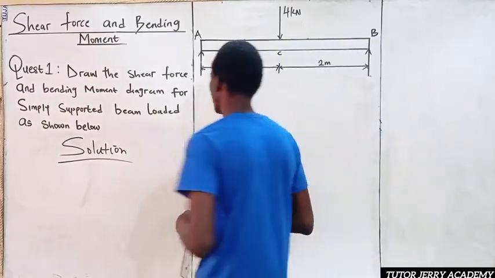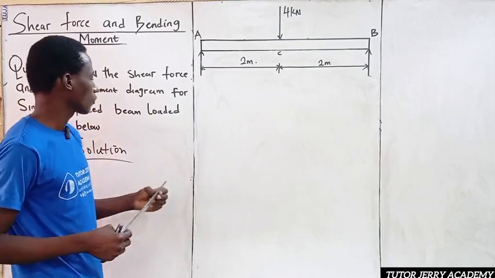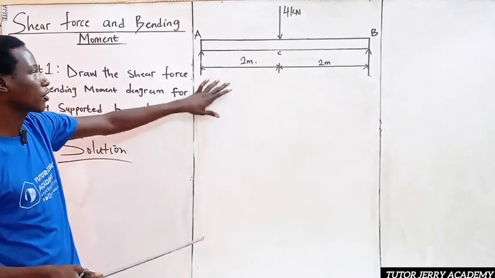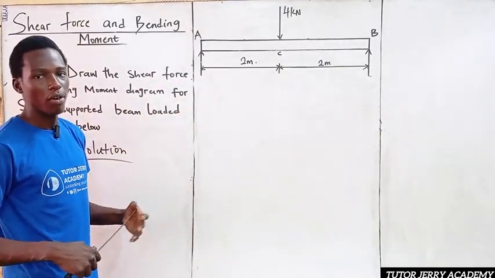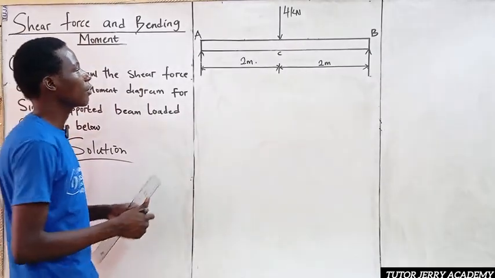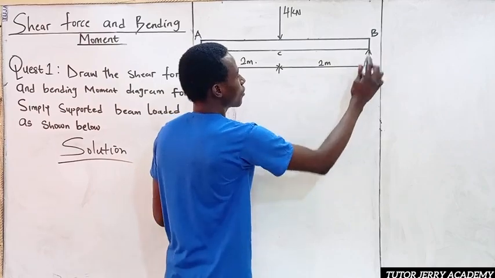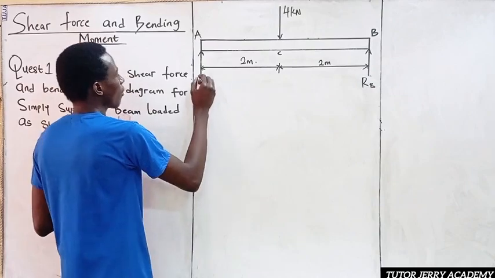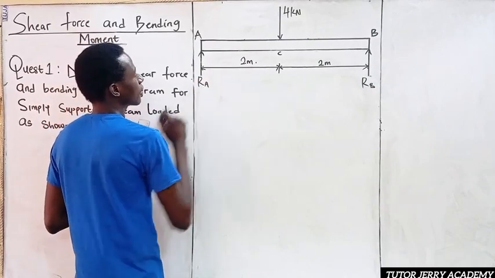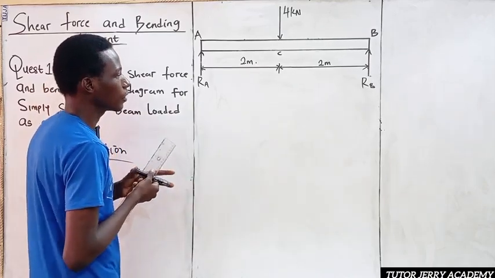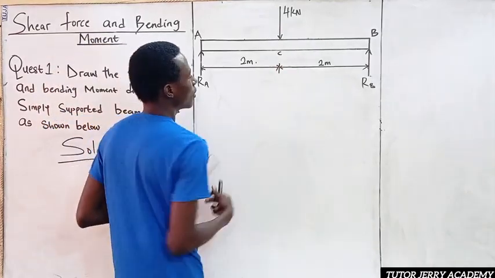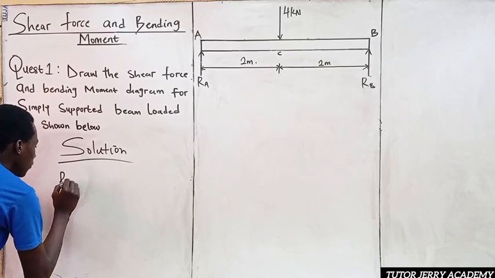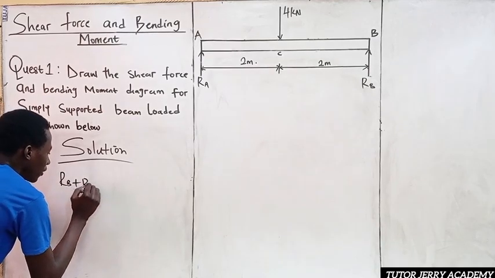So the first thing we are going to be doing is considering the upward forces and the downward forces. We know that the sum of upward forces is equal to the sum of downward forces. Here we have a support, so definitely we are going to have a reaction here, RB. Similarly, we have a reaction here, RA. So you agree with me that we have two upward forces and one downward force. So this will be nothing but RB plus RA